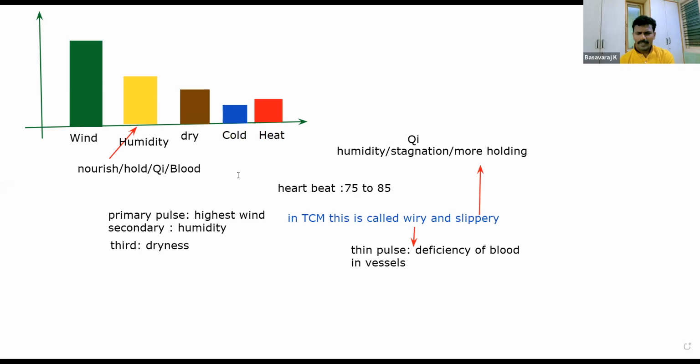If humidity is in combination with wind, dryness, cold, or heat, finally it is indicating that the partner who is there with humidity will either be lack of nourishment, or holding, or chi deficiency, or blood deficiency. Let's take the example of